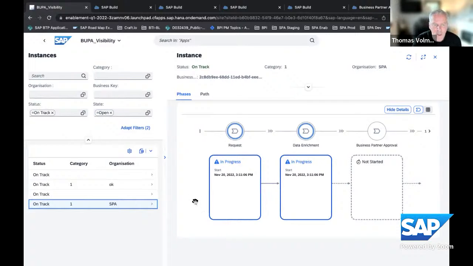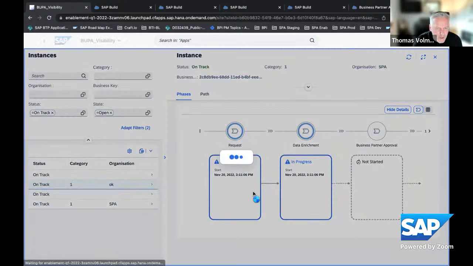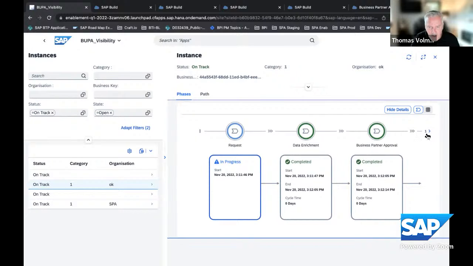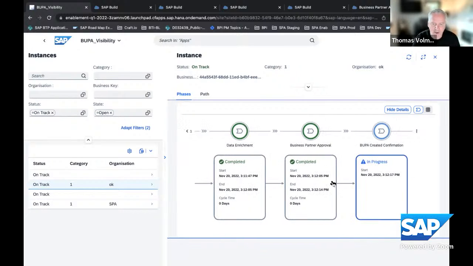You have these kinds of dashboards out of the box, and we have also enhanced the phase view now, so that you can see what happened when. For instance, here it's not so super interesting. Here you see a little bit more delay in when I actually did the demo. So you have access to all the event information on the phase view that you've configured in the SAP Build project with a couple of clicks.